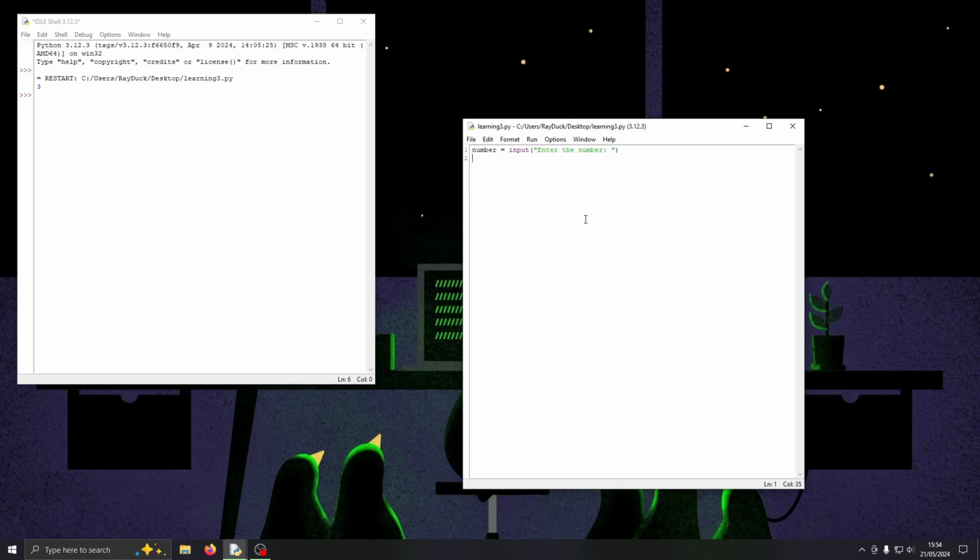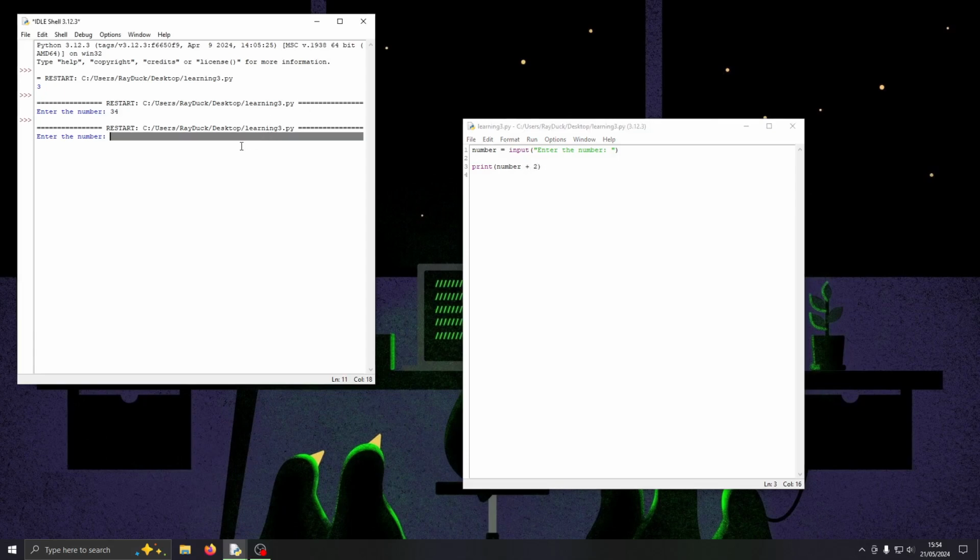But there's a problem here, because whatever I type in here, even if it's numbers, this actually gives back a string, not an integer. So if I wanted to print this out, plus 2, you can see once I type it in,